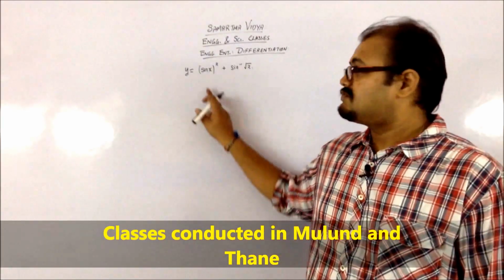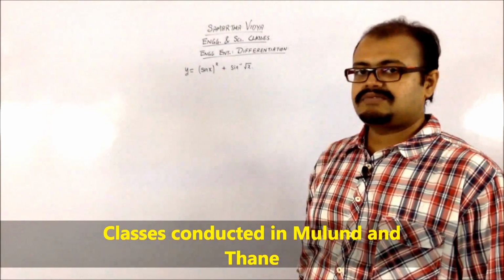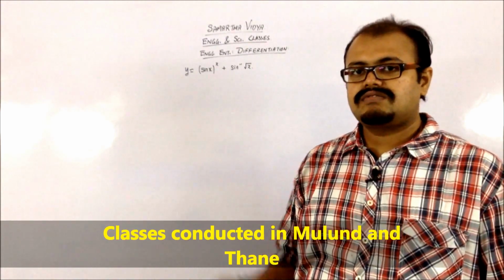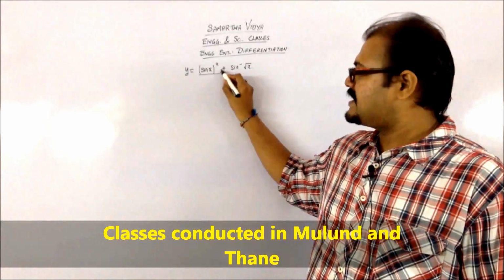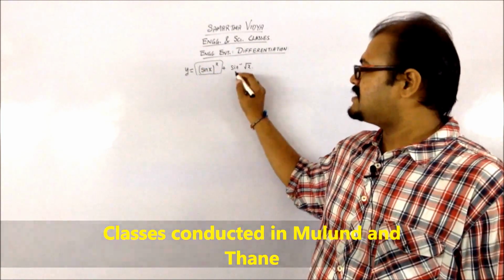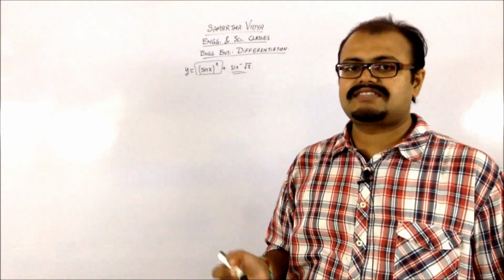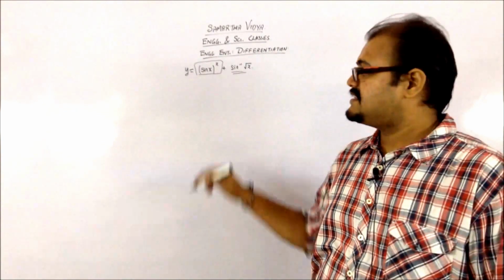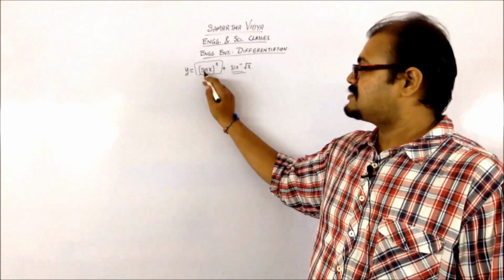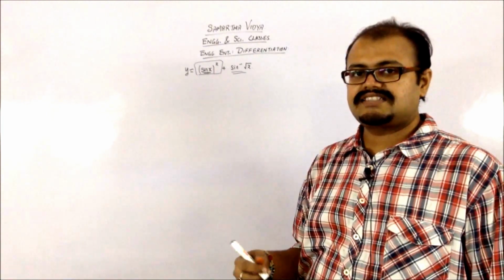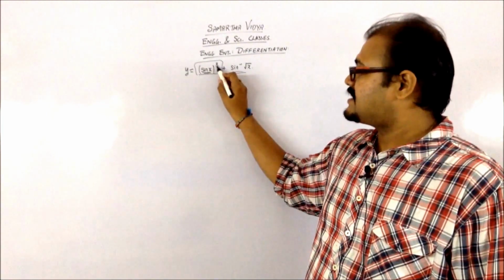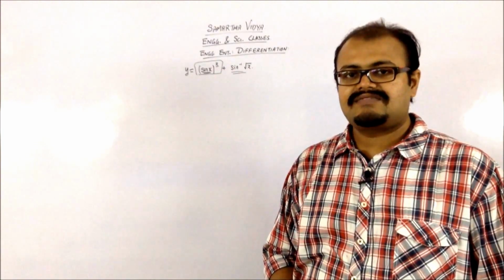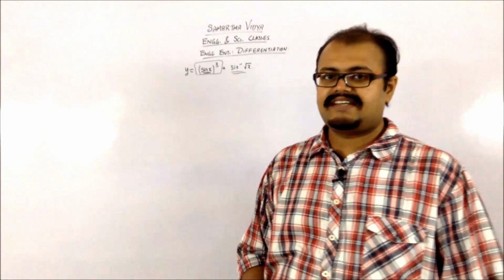You can see that y is equal to sin x raised to x plus sin inverse root x. In this, you cannot take the derivative of the first term directly, but you can take the derivative of the second term because it's a normal sin inverse term. The reason you cannot take the derivative of the first term directly is that you have sin x, which is a function in itself, and that is raised to x, which is another function. Whenever you have a function raised to a function, you need to be very careful.